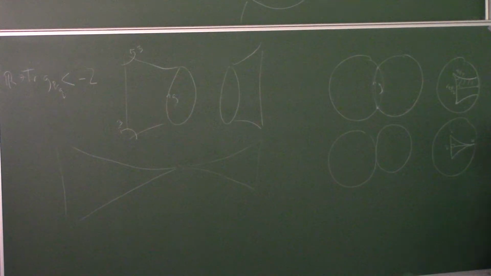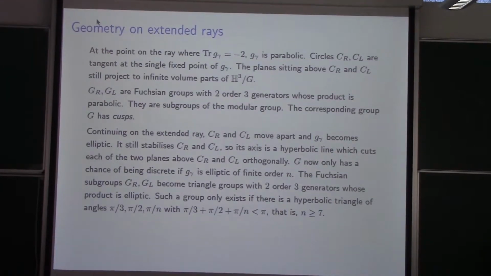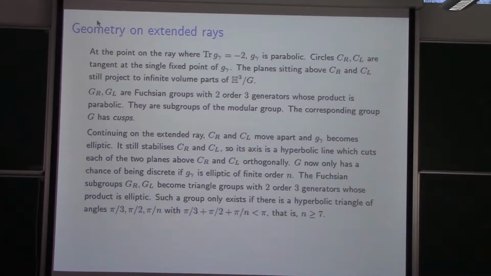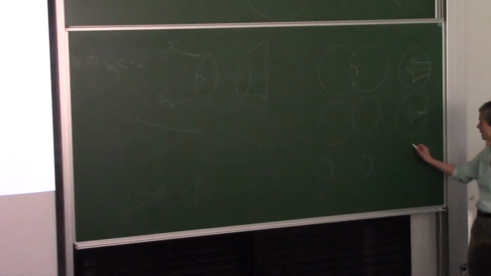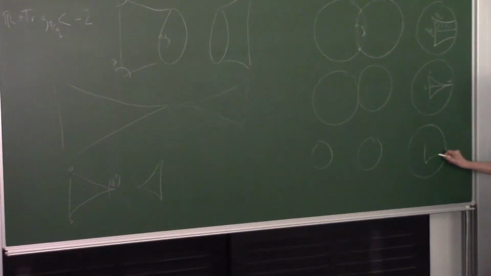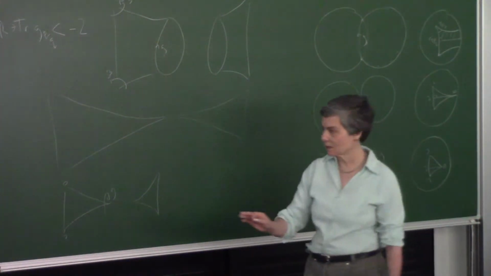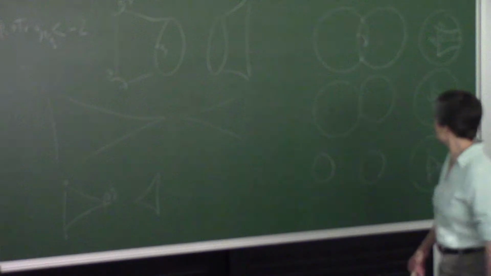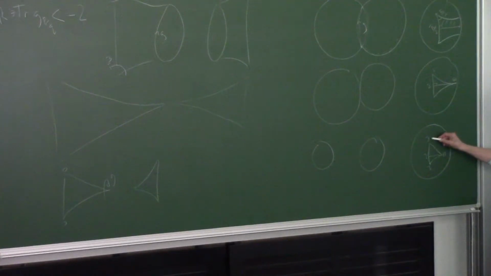Okay, so what happens when I go below that? Plainly, G should become elliptic, and these guys should come apart, so here's G, and 3, 3 again. So my 2 circles come apart, and what I get here is a picture like this, and I get 3, 3 to n. Well, if I want a discrete group, let's forget indiscrete groups, G had better be elliptic of order n, so I get a 3 to n